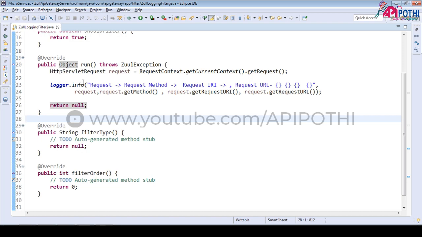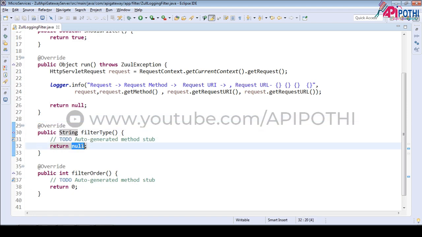Now, what is this filter type? There are multiple filter types. If you see, this filterType is returning a string. If we pass here pre, technically three return types are applicable for this. First one is pre.